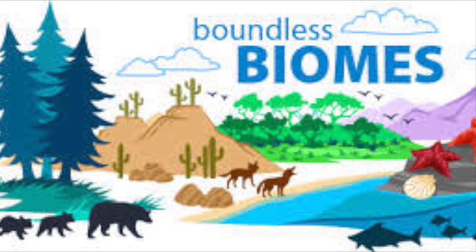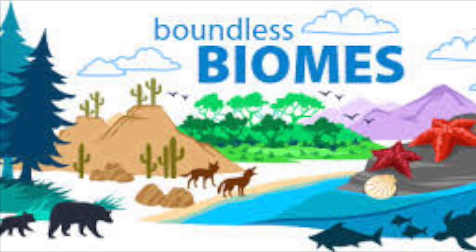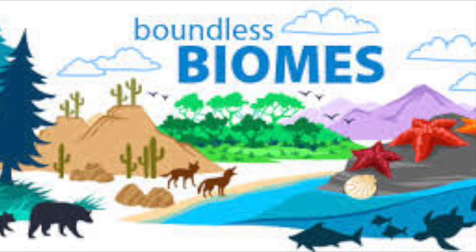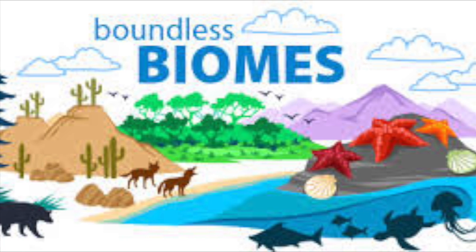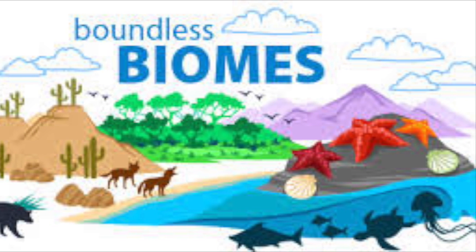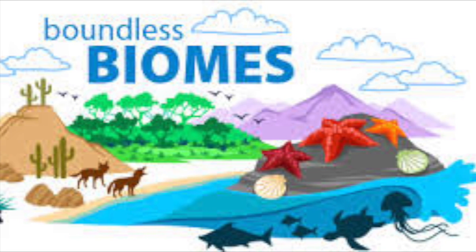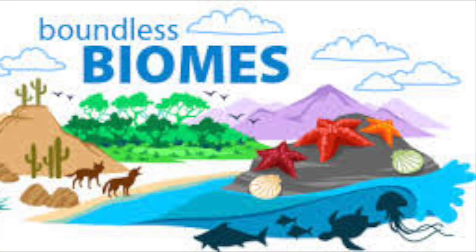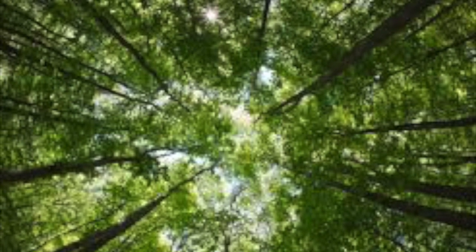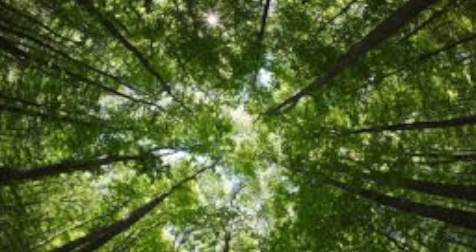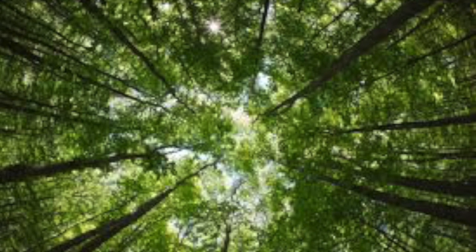We can find different biomes in the biosphere. For example, we can find the desert, the tundra, the temperate grassland, and the coniferous forest, and those are just some examples. These biomes differ in climate, the type of organisms, the type of plants, and the overall environment. For example, in some of them we may find a canopy, which is a dense leafy covering formed by tall trees, and maybe we don't find them in other biomes because the climate doesn't allow them.